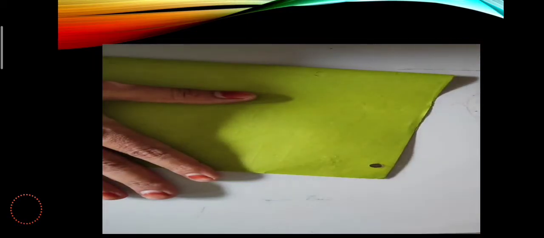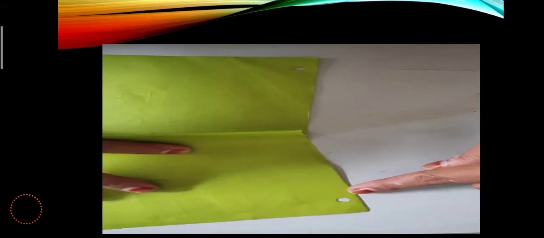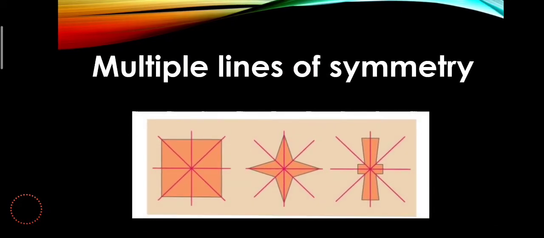Now let us make one hole at one corner. If a hole has been punched at one of the corners, there will be holes automatically on the other side. Look at this, right? One hole at one page, another page. See this one, right? Equidistance. So this is one side, this is the other side of the axis of symmetry. They are exactly the mirror reflections of each other, right? So in this manner we can identify the line of symmetry.